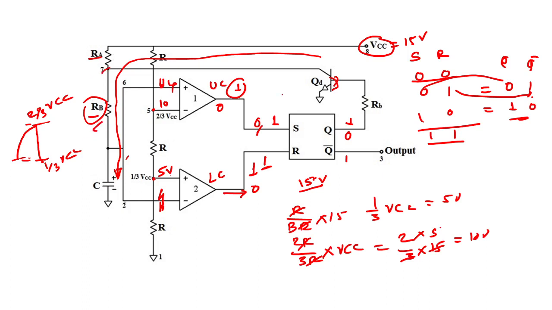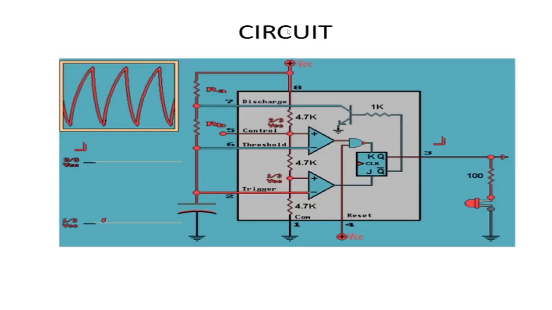So like this one cycle will repeat. This charging and discharging of the capacitor will start again between 1/3 VCC and 2/3 VCC. Charge up to 2/3 and discharge down to 1/3. Like this the circuit will toggle itself. So this is all about 2/3 VCC and 1/3 VCC. This on and off will turn the transistor on and off, and the LED will turn on and off.